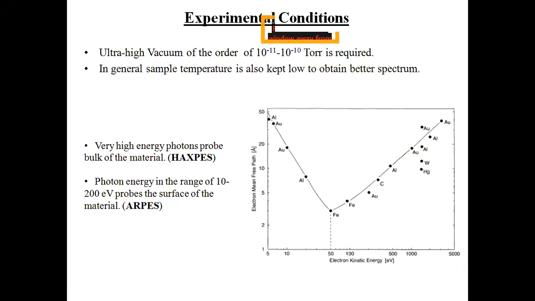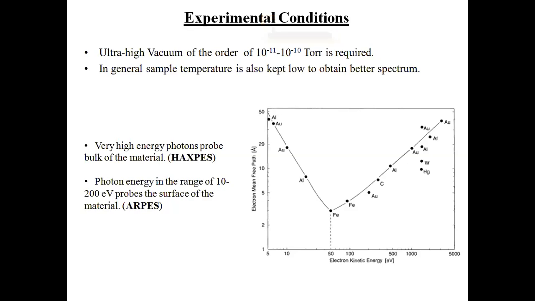So during this experiment, the sample has to remain clean. For that, we mount everything inside a chamber where we maintain ultra high vacuum. Once we clean the sample, it remains clean for a long time. Even if atmospheric oxygen, water molecules or nitrogen deposit on it, that will make the impurity layer thick enough that the photoelectrons cannot come out of the sample. So the sample surface has to remain clean. That's why ultra high vacuum is required for these experiments.